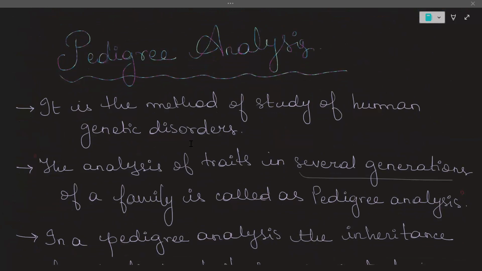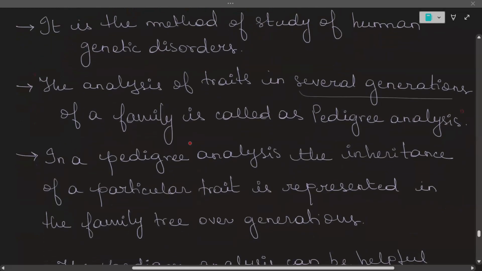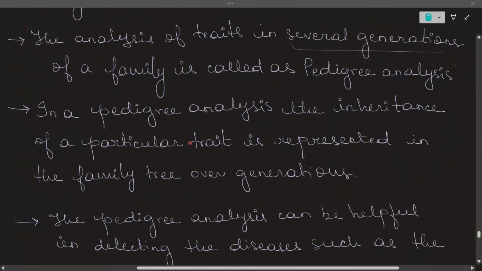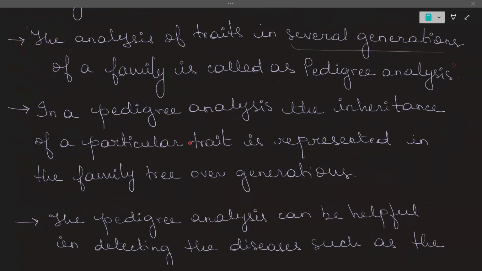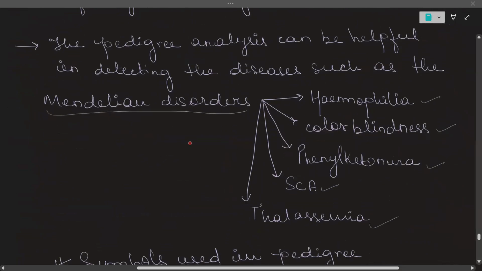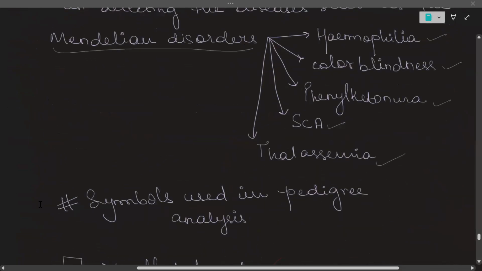This is the analysis through which you can study how genetic disorders are inherited in humans. This can be done over several generations. Pedigree analysis is the method of study of human genetic disorders. The analysis of traits in several generations of a family is known as pedigree analysis. Just like how in younger classes we used to draw family trees with pictures, this is the family tree only, but with the genotypes and how the inheritance took place. Now we know what the Mendelian disorders are, and this pedigree analysis can actually be used to find out the